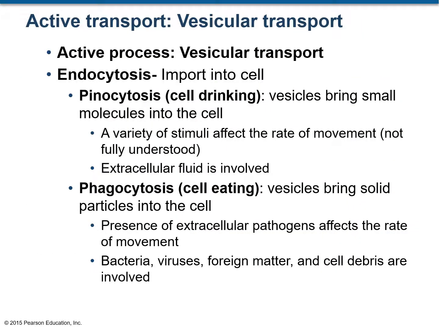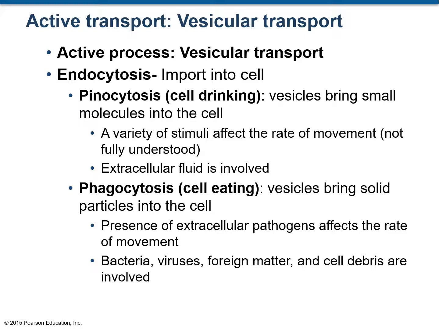The second type of active transport is called vesicular transport. That means transport using vesicles. Where did you hear of vesicles before? Remember secretory vesicles being made by the Golgi apparatus, where protein was being processed and packaged and transported to wherever it had to go. So when these vesicles are used to transport solutes or nutrients or proteins, that is vesicular transport. Vesicular transport is primarily two types.